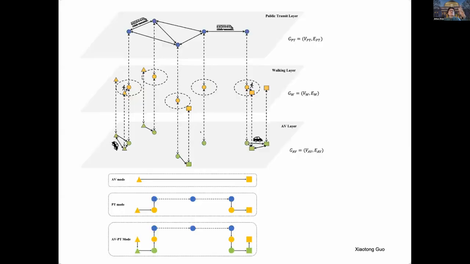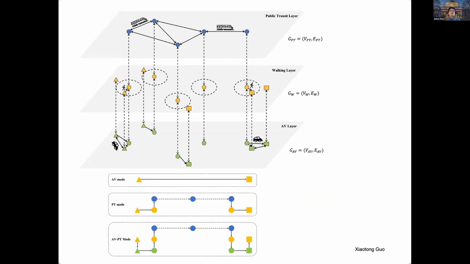So here's the simple visual here. We have the transit layer. Before we introduce AVs, there's the walking layer and the public transit layer, right? You consider certain walking access, waiting time, riding time, then you design and optimize this, both the transit network as well as the scheduling